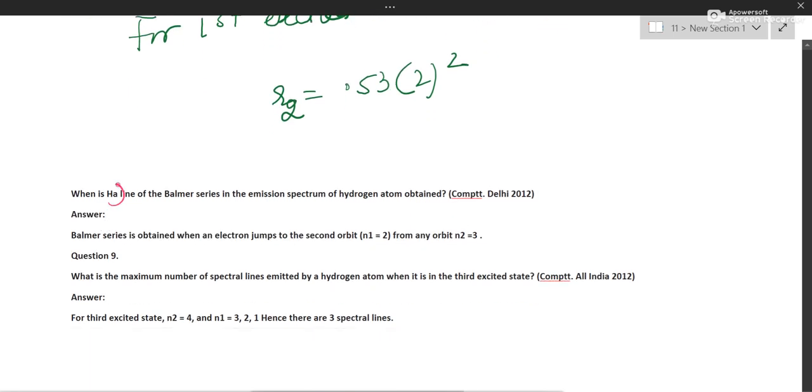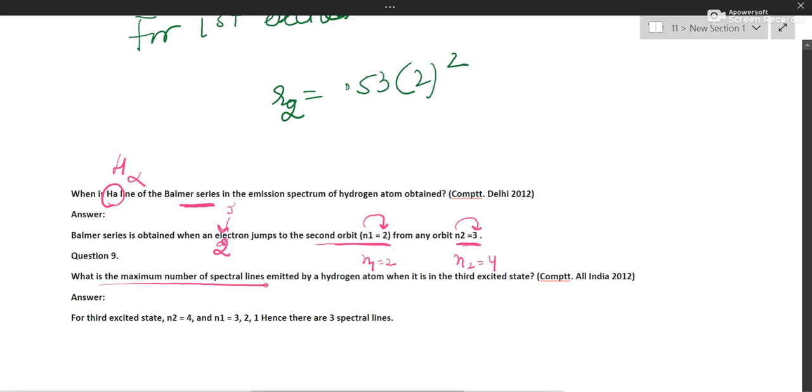अच्छा, see this is hydrogen alpha line. So I have already told you what is hydrogen alpha line of Balmer series. In Balmer you land to 2. So if you are landing from 3 to 2, that is hydrogen alpha series. Okay. So it is written to second orbit from third. N1 is 2 and N2 is 3. That is hydrogen alpha line. For hydrogen beta, N1 is 2 and N2 will be 4 and so on.